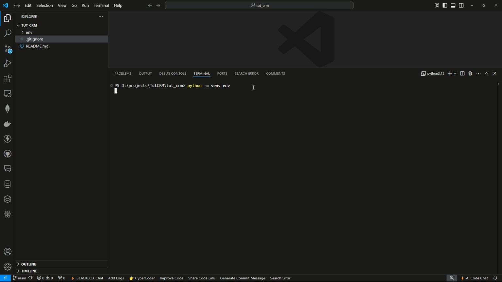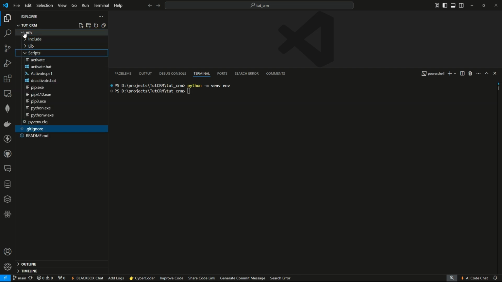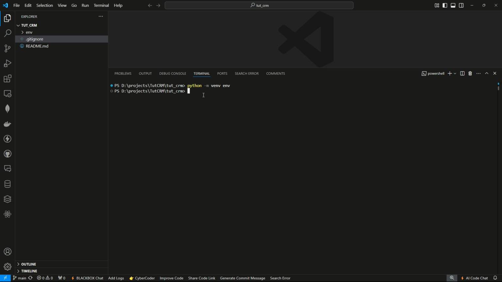Here you see a directory named env has been created. If you expand it you will see a subdirectory named Scripts. Since I am developing the project on Windows OS, a subdirectory named Scripts has been created. In case of Linux or Mac OS, it would have been created with the name bin, which I will show in the next section. Now we will activate the virtual environment, so type